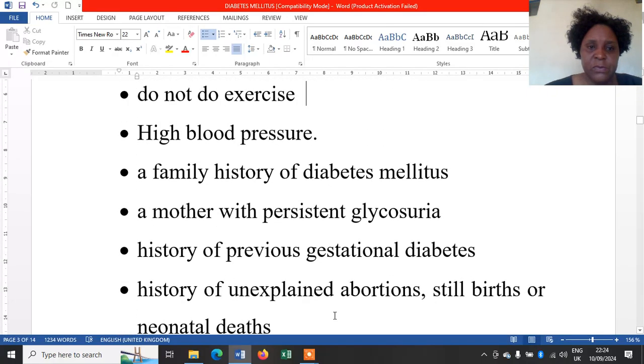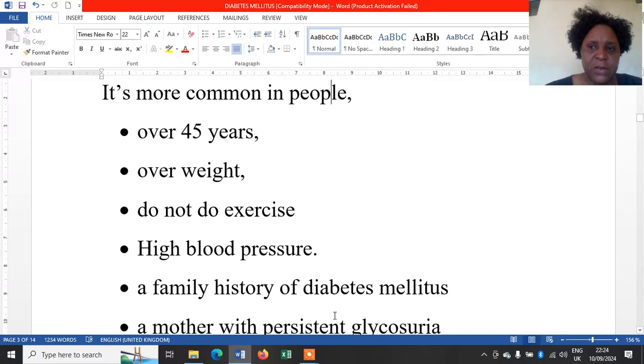So, just to give a simple overview, mothers reporting to being pregnant when they are over 45 years, a midwife should take caution. Overweight, we have talked about it, do not exercise. Mothers with high blood pressure, they are also prone to diabetes mellitus. A family history, that is why we always take a family history and we ask about medical conditions that transpire